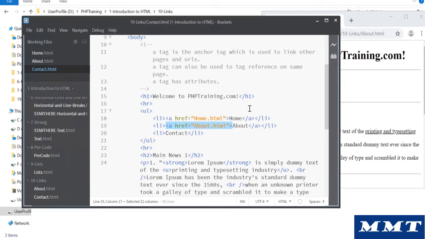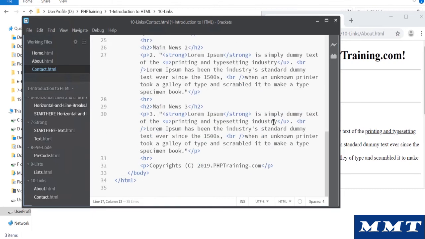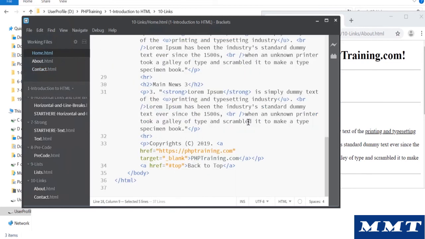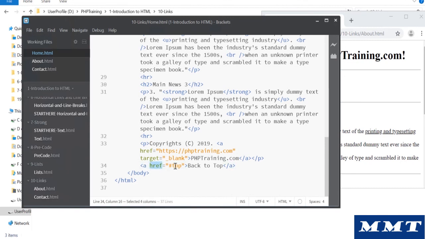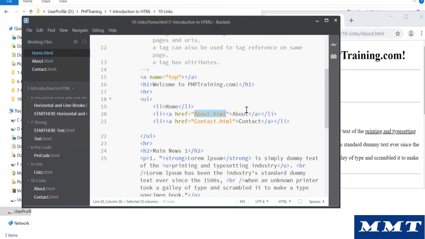So this is how you basically add links to your pages, and you can add links to any resources that you have on the server or anything on the web. As an example, we have seen in home.html, one way to link other resources on the internet is via the href attribute. You mention the URL of it, and then when someone clicks it, you can open up a new window and go to that location. Okay, if you want to refer to anything inside the same page, you can use anchor tags by name property, give a name to it, then you say href, go to that name, and you have to use the hash here. So we have used href to access the pages.